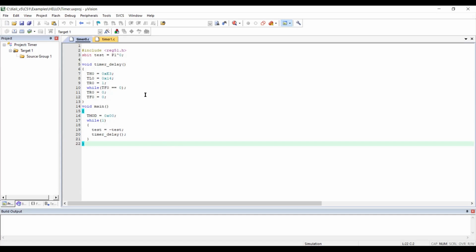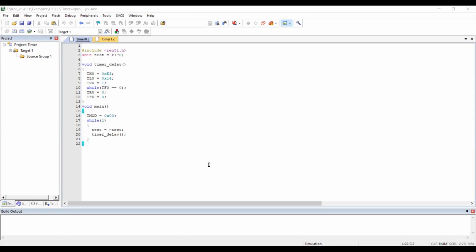We then stop the timer and clear the timer 0 flag. In the main function, we assign the 0x00 value to TMOD, and while(1) will execute the infinite loop. We will toggle the test pin and call the time delay function. That's it. Next, my friend Radhakrishna will execute the code for timer 0.